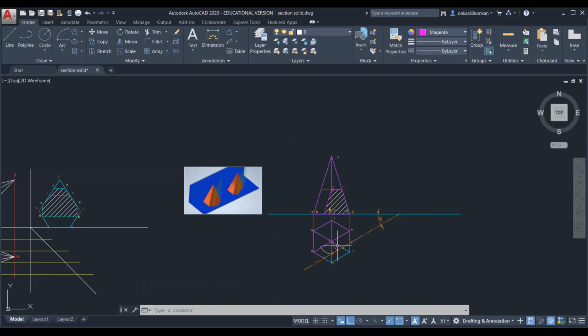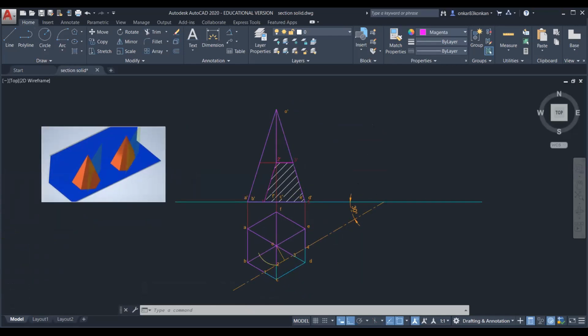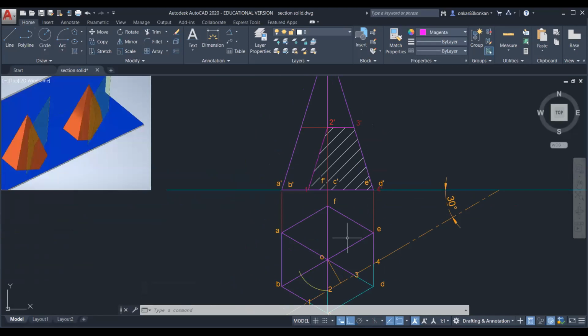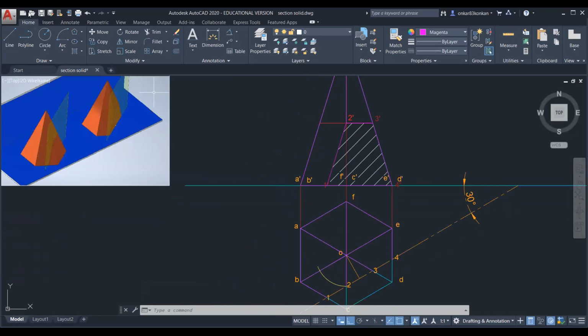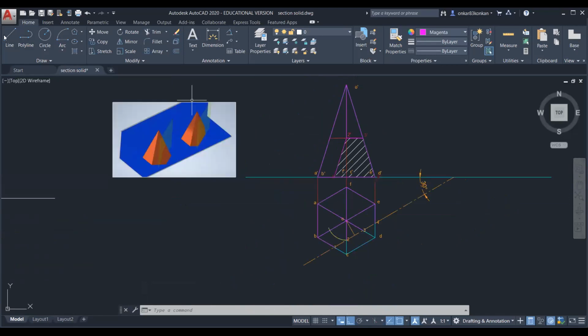Now next part is we have to complete the side view. Okay, so side view visible here, it is from the right side, so you should draw the x1 y1 line on the left side.